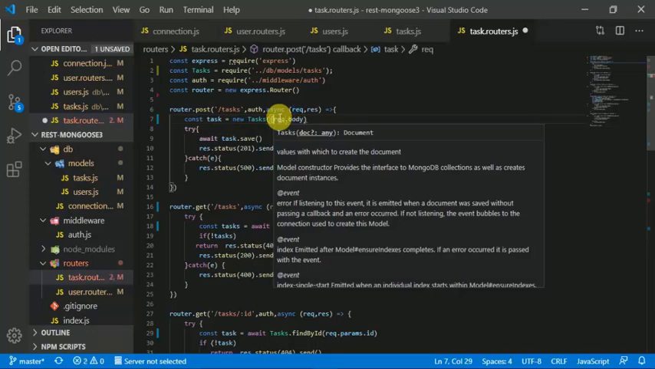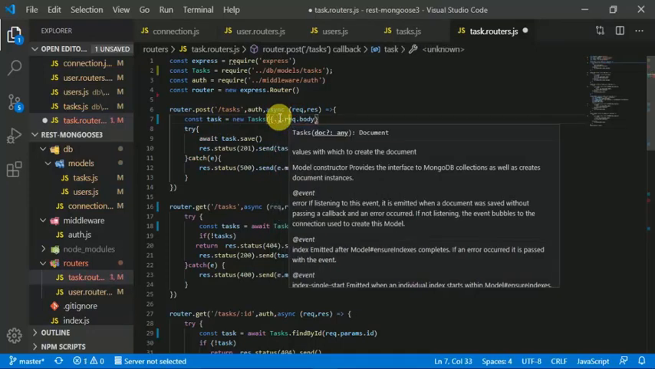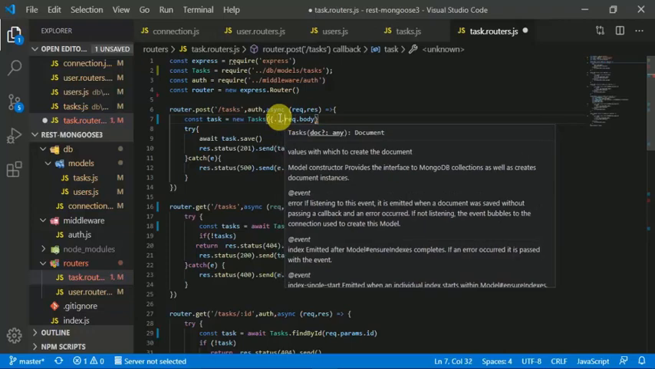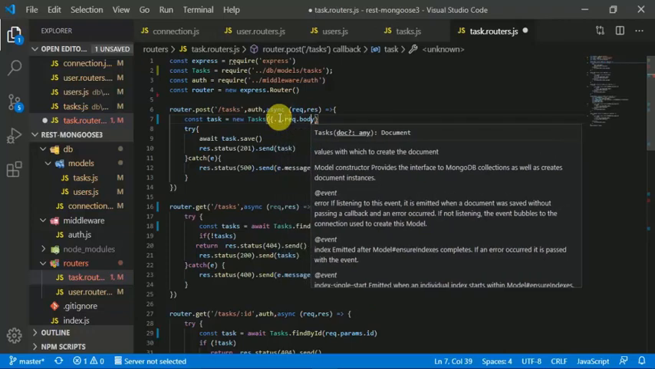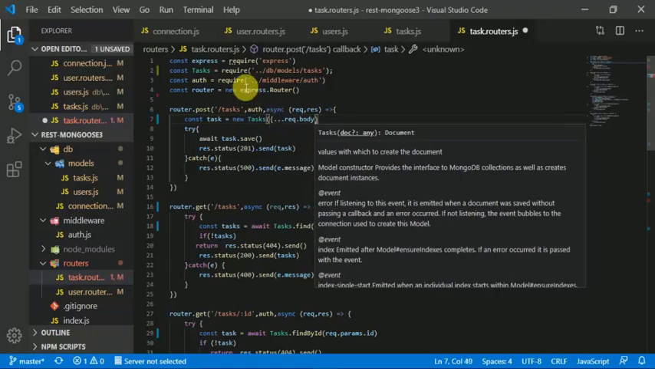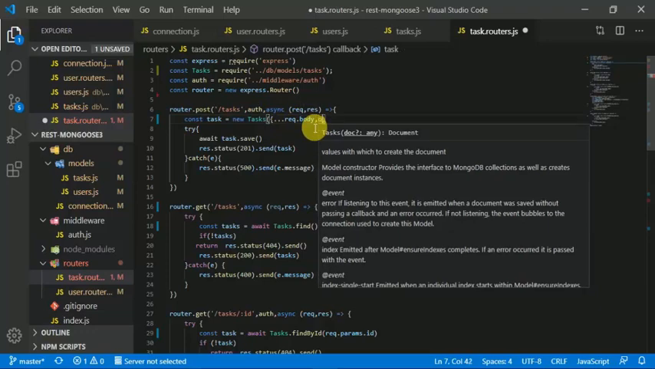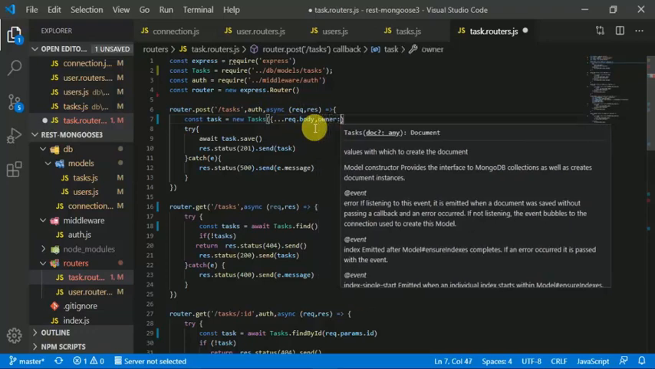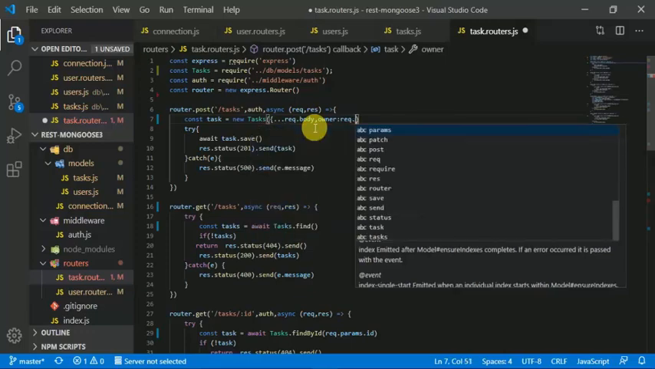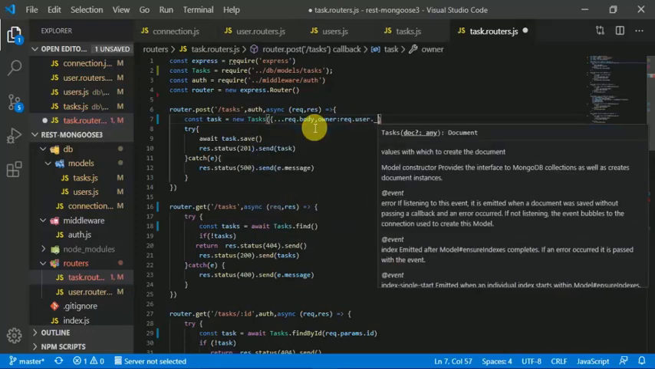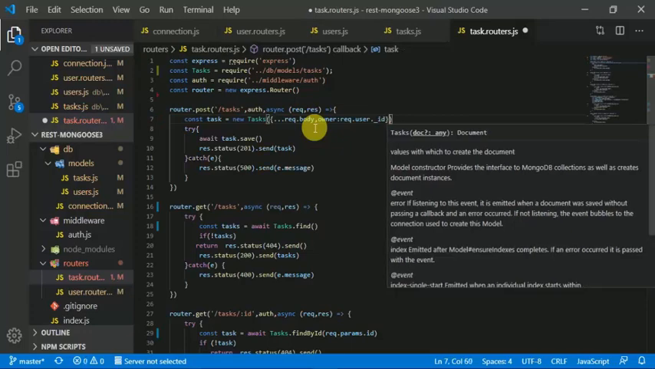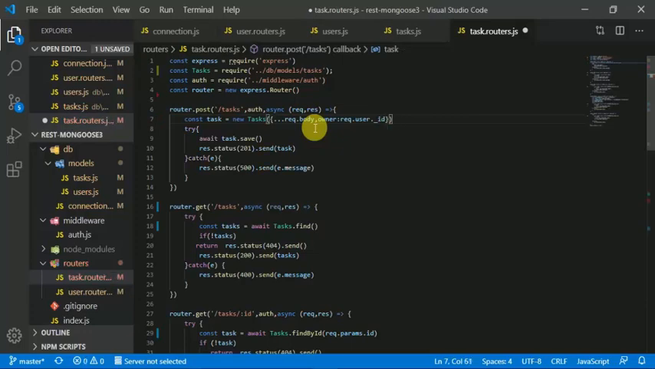Here this is the spread operator. So all the fields that are in the request body are going to be spread out, and in here we are going to write the field owner, and we can get it from request.user.id. Yeah, that's it. Now if we save it